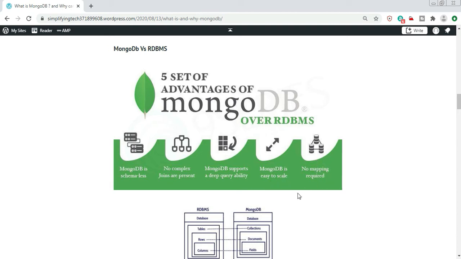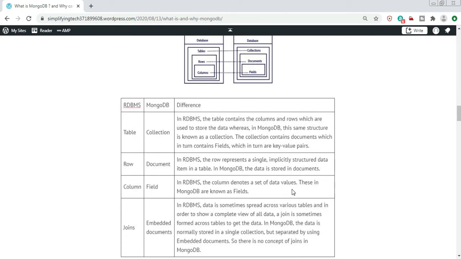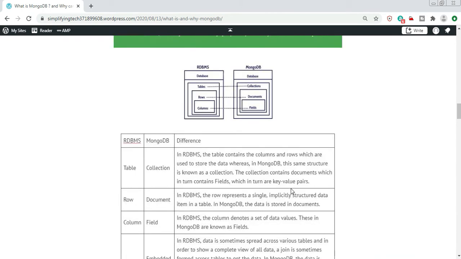Now, what are the terminologies we can compare between RDBMS and MongoDB? So I mentioned them here. A database is a database in MongoDB, so both are the same. Now, what about the table? In RDBMS, the table's synonym in MongoDB is a collection. So we can call collection for the table. Then for rows, we can say document, so it is a document oriented database. Then for columns, we can say fields.